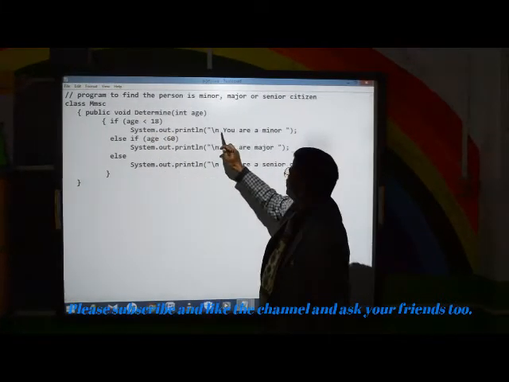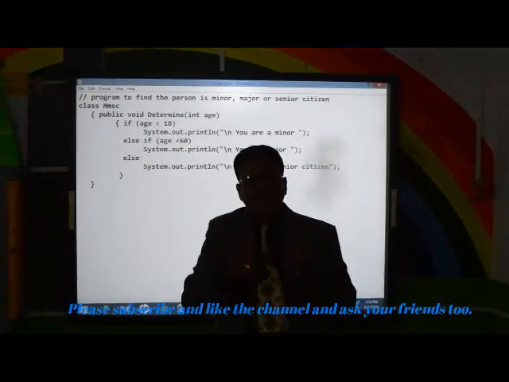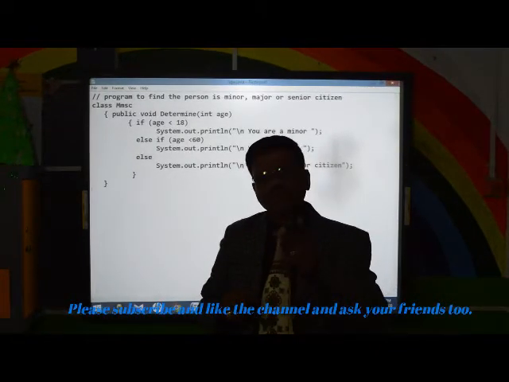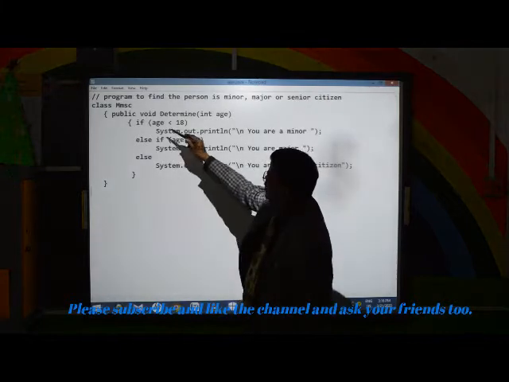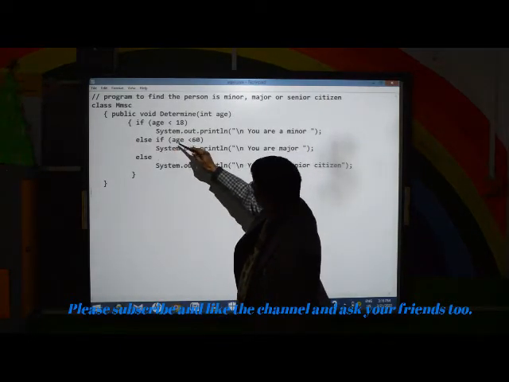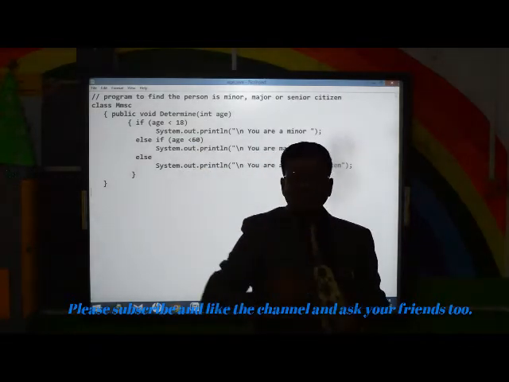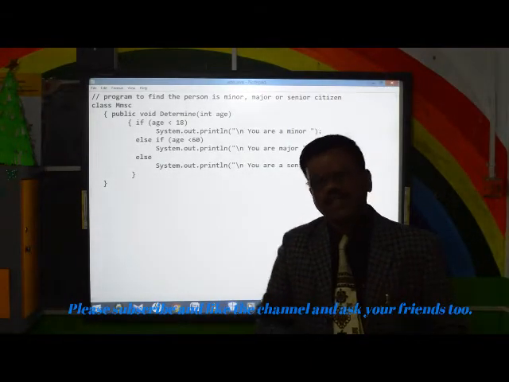That's why it comes here. It says you are a minor. That is why the if-else statement is also known as a decision-making statement. It will do one of the 2 statements, either this or this. Again, one more if statement I used, either it will execute this or this. Put together, I clubbed 2 if statements so that it executes one of the 3